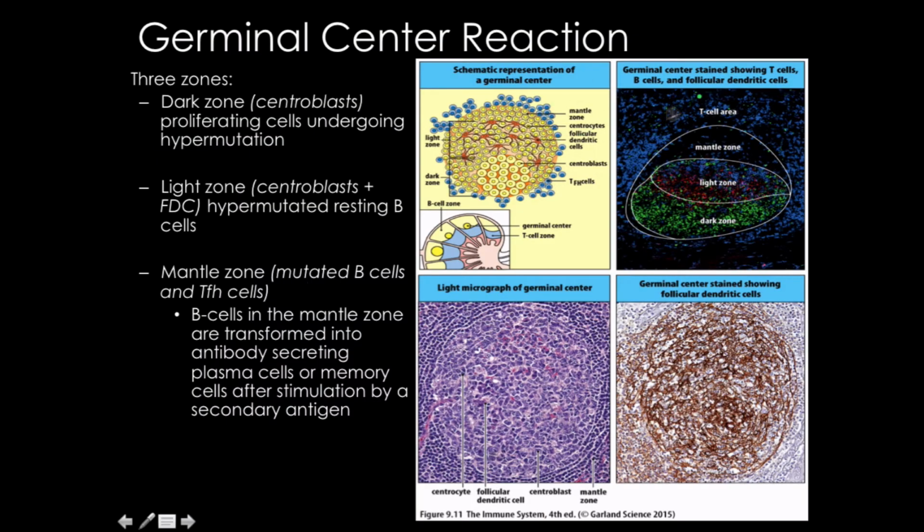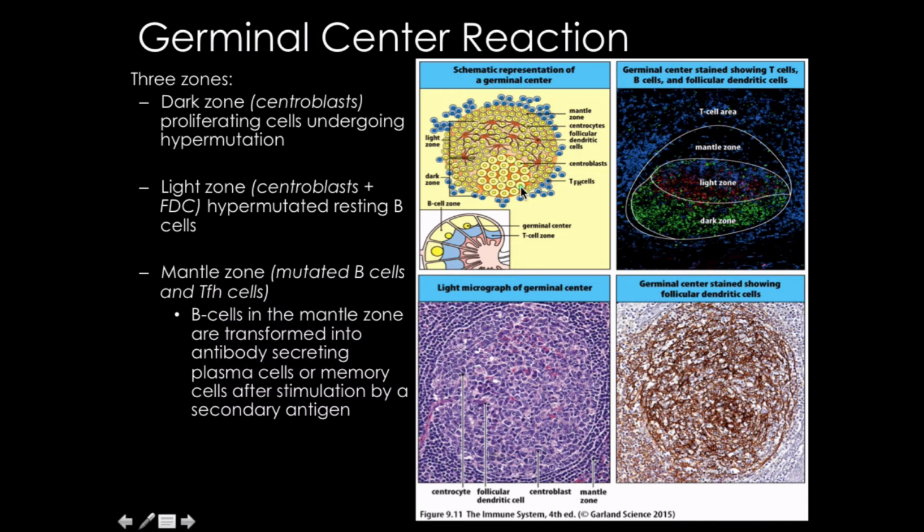So this diagram here is really nice. It's helpful, but pedagogically, I don't find it to be that great. This is, I think, from fluorescent antibody staining. And then down here we see, I think, a light micrograph and then a germinal center that's been stained showing the follicular dendritic cells. I don't really find either one of these helpful,